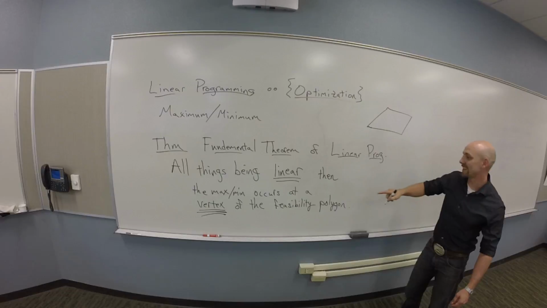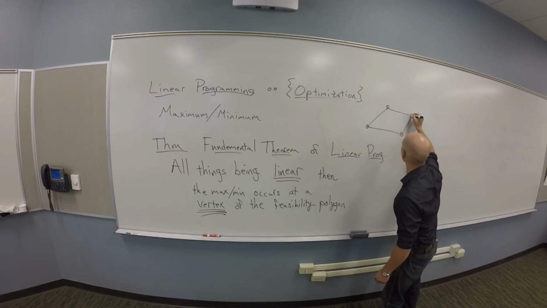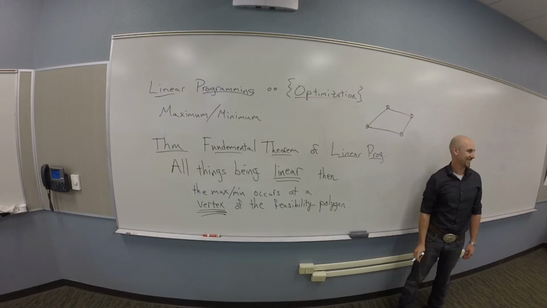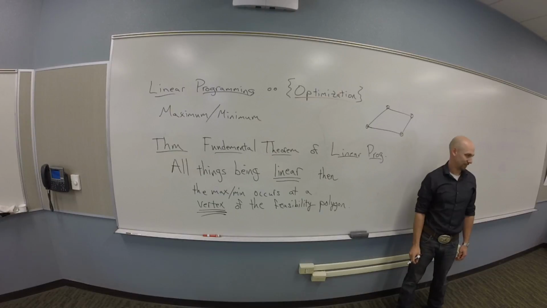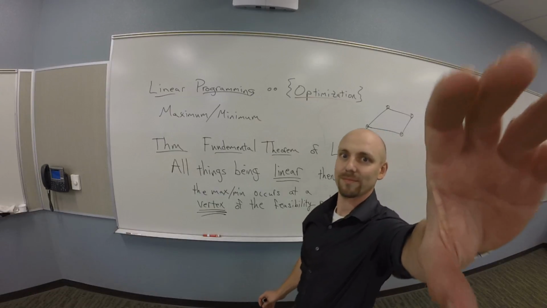Okay, and what this statement means is that somehow each of the vertices is going to be important to me. Because I'm going to just check them all and see where the maximum or minimum is. Does that make sense? You need an example. Okay, let's make an example. So inside's always